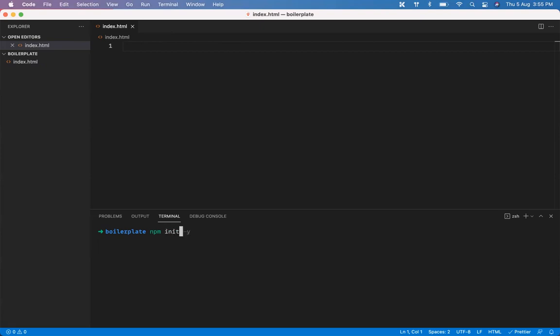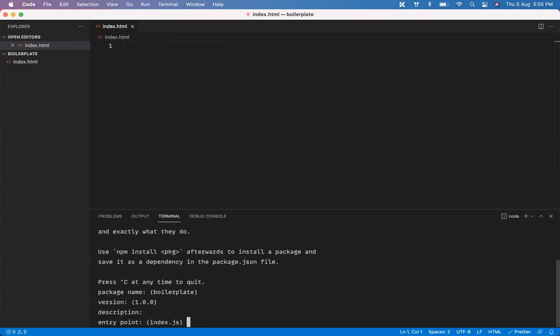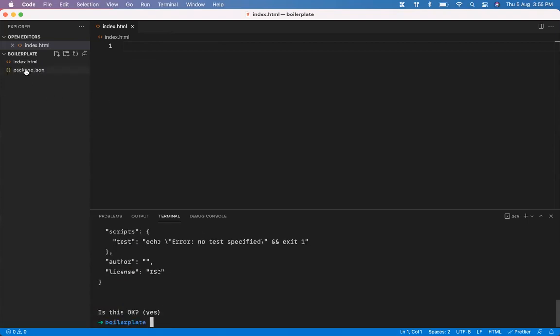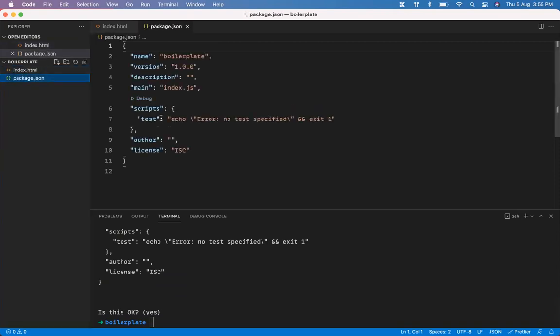And if you just say init, you'll just have to press enter multiple times, and it will just create a file for you. And that file is known as the package.json file. If you look at this file, you'll see that it has one main thing. One of the most important things here is scripts. And the scripts have some names, and based on that, it will do something.